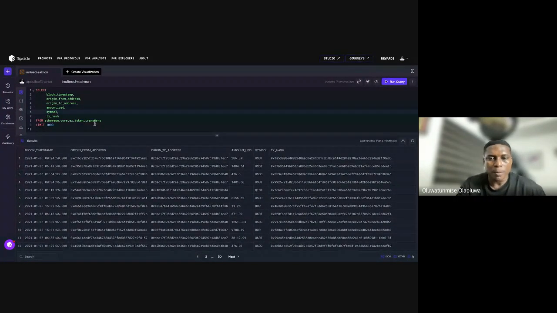All right. So if we want to count the number of transactions, let's say, with what we have here now, let's visualize something. We want to visualize using the timestamp and the amount in USD. Now I want to check the amount in USD and we group it by the symbol.